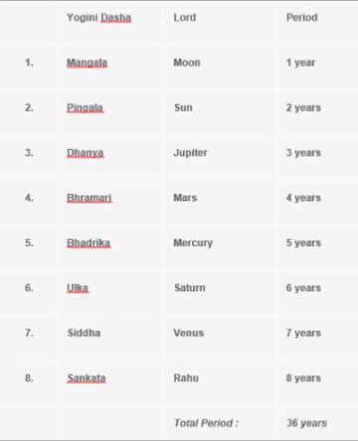Okay, pretty simple. Now, just like in Vimshottari Dasha, we had to figure out how much moon has progressed in that particular nakshatra to find out the balance of the dasha. Similar calculation has to be applied here as well. Now, since we know that Jupiter's dasha, not in Vimshottari but in Yogini Dasha, is 3 years, what we'll do is we will prorate it based on the degree which moon has traveled